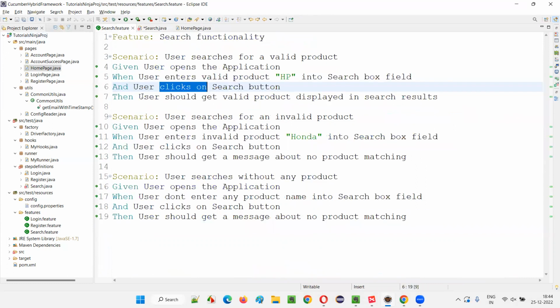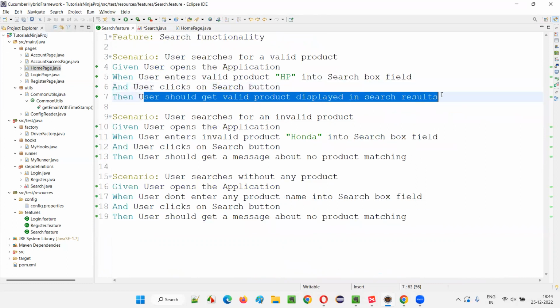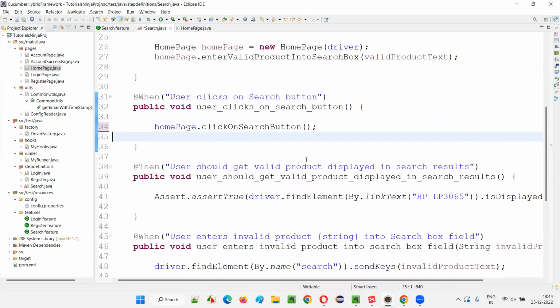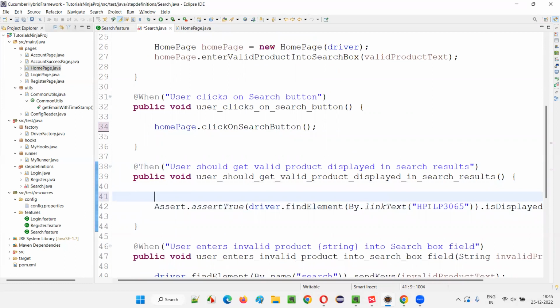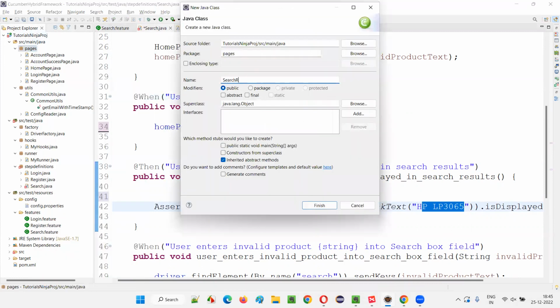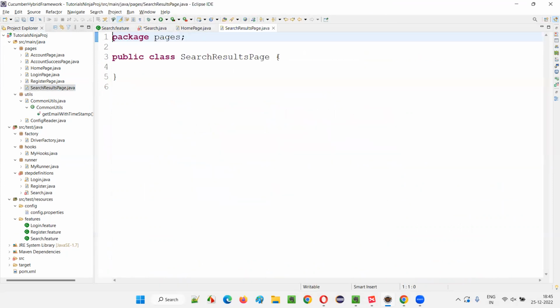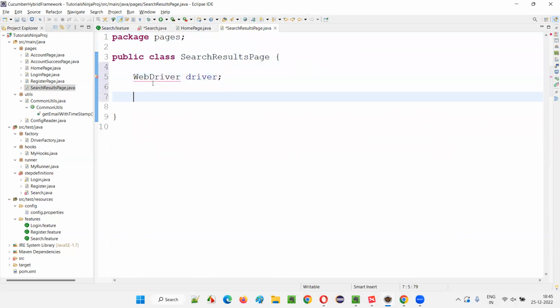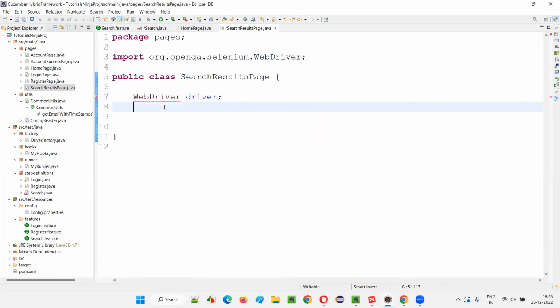So once you click on the search button, user should get a valid product displayed in the search results page. Okay. User should get a valid product displayed in which page? Search results page. So this element is part of the search results page. So we have to create a new page here, that is search results page class. Click on finish. As usual, we'll create this web driver and then constructor. Import this web driver from Selenium. Create a constructor, guys, public